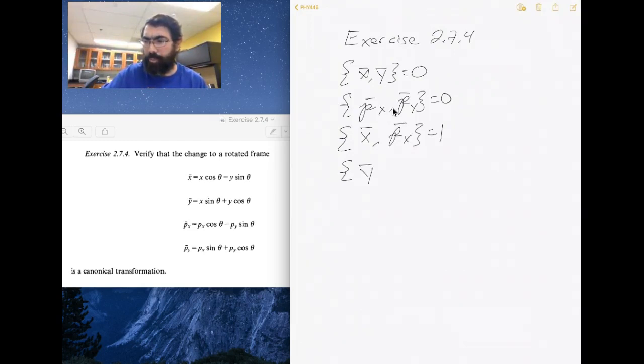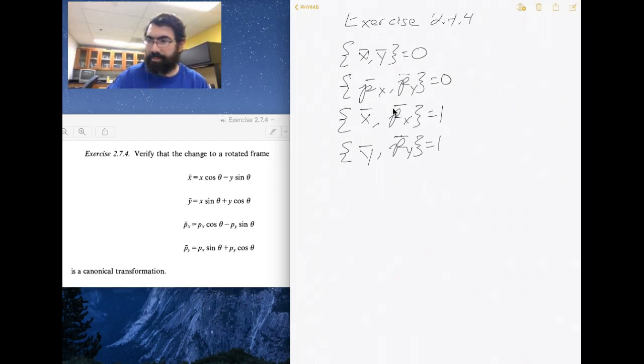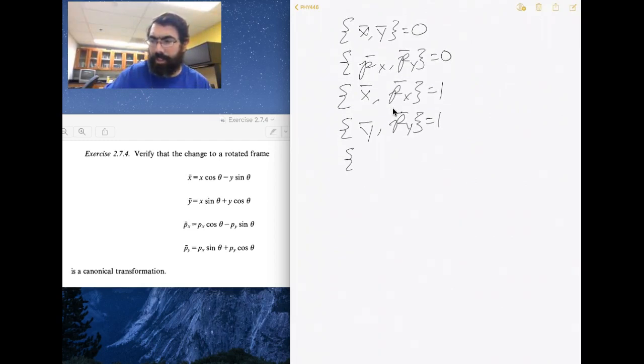The position in y, the Poisson bracket with the y component of the momentum should be equal to 1. And then we should also see that the x component, the Poisson bracket of the x coordinate and the y component of the momentum,